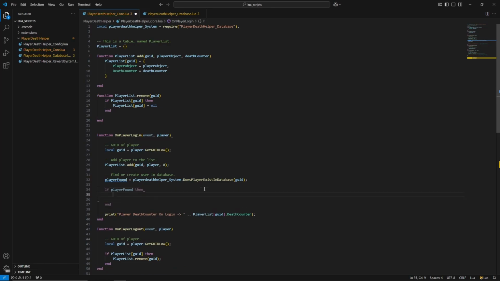So if the player is found, so if this is not nothing or nil, then we know a player was found. So here we want to say print, and we want to say "player found with this GUID," and then we want to do the double dots, and then we want to say player found and colon. And here,